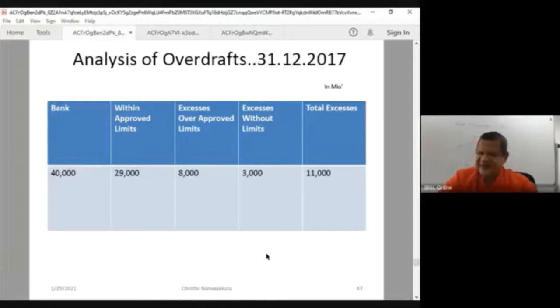We have another 8 billion which have gone exceeding the approved limits. We also have another quantum which is 3 billion which has no limits. So why I have categorized into these three categories of this 40 billion is to identify the riskiness of this portfolio, of this product. So 29 billion, we can safely say our risk has been covered because you have given